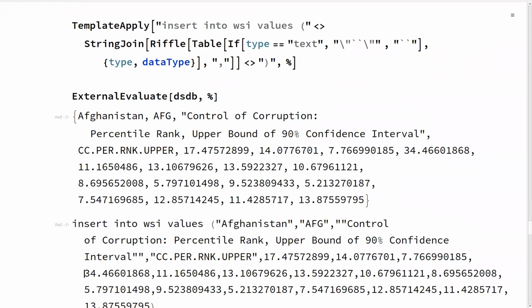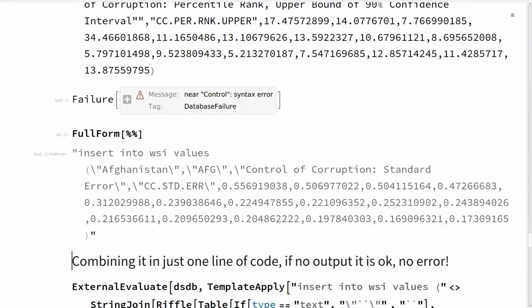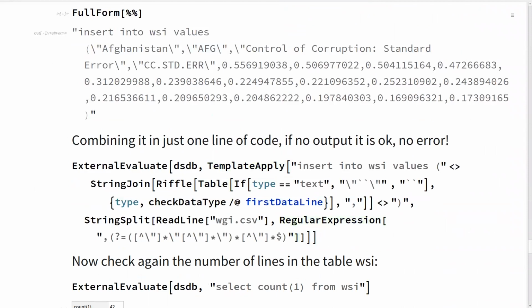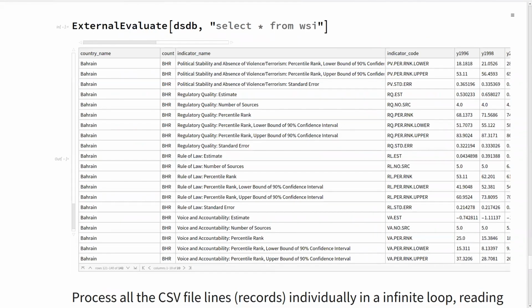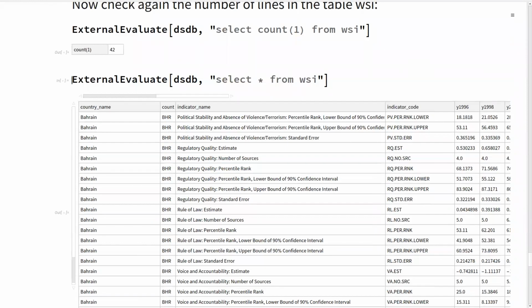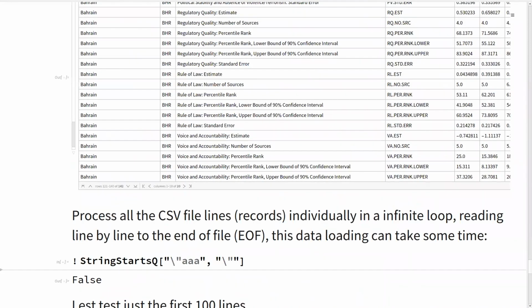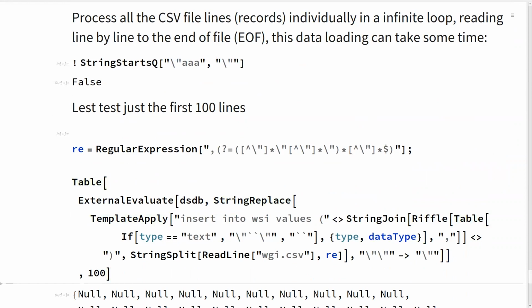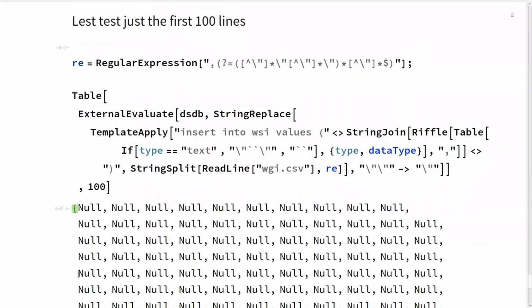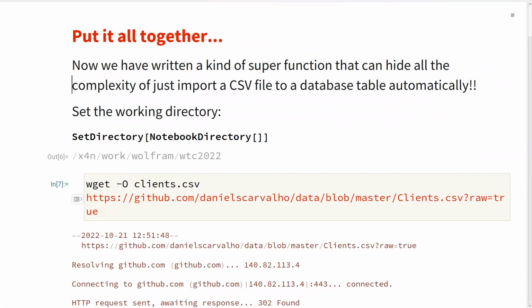Well, we did a lot here, line by line. And then we can go and see this thing running. Here is the test. We get the data inside the table, beautifully with different data types and so on. Here is a test. I read just 100 lines just to check. And then I build the function, putting it all together.